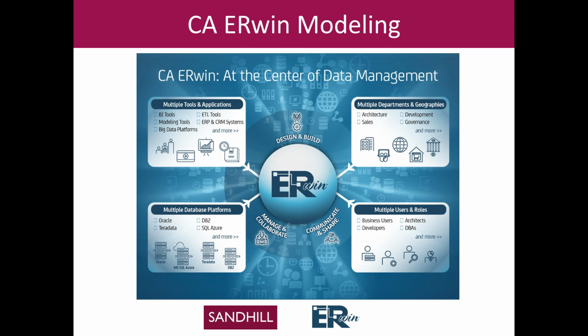Now finally, moving to the lower right, this identifies your business sponsors, developers, data architects, and others who are going to need access to this information. To communicate the information, ERwin has a number of ways to communicate and share to various roles within your organization by generating reports natively and publishing via Excel, HTML, or PDF. In addition, ERwin has the ability to present this information in a simple, customizable, web-based interface, which is going to be suitable for both your technical and business users within your organization through the ERwin Web Portal.